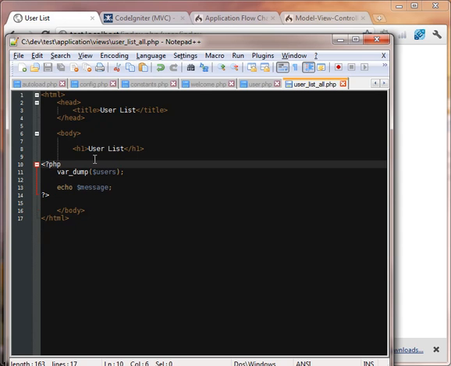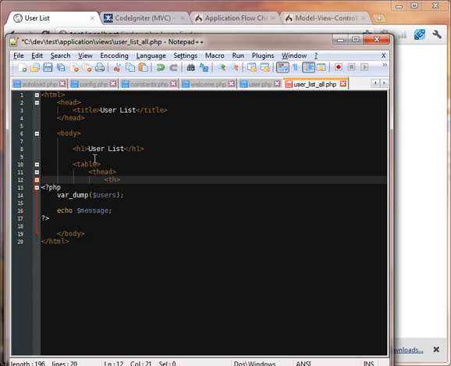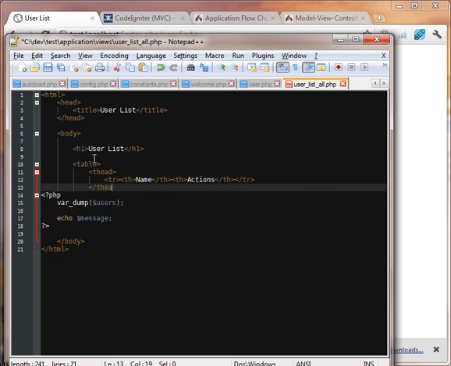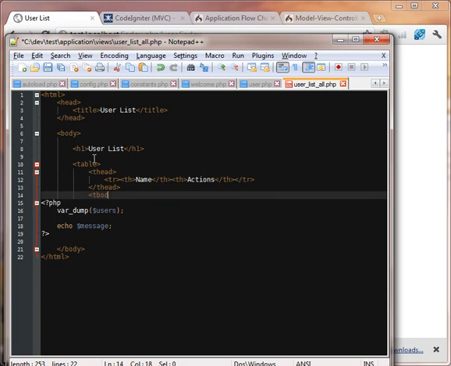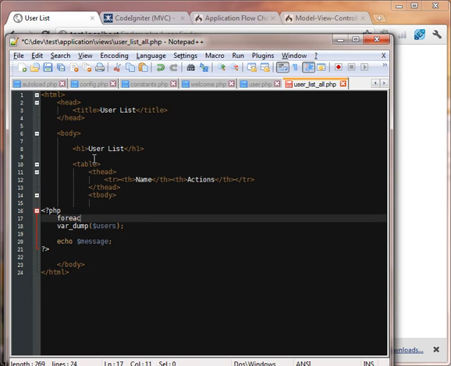Okay, so if I want to display all the users, for example, I can do table thead tr th name, actions, close the thead, tbody, and then foreach users as user,